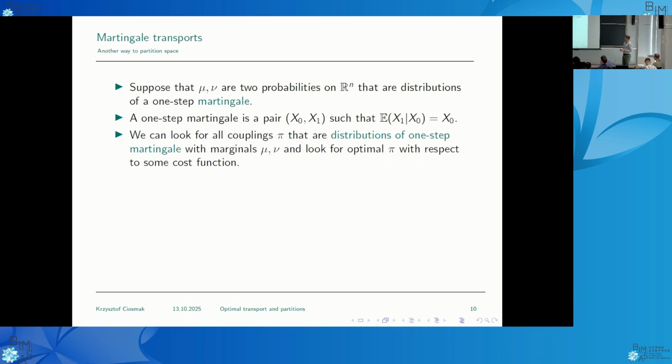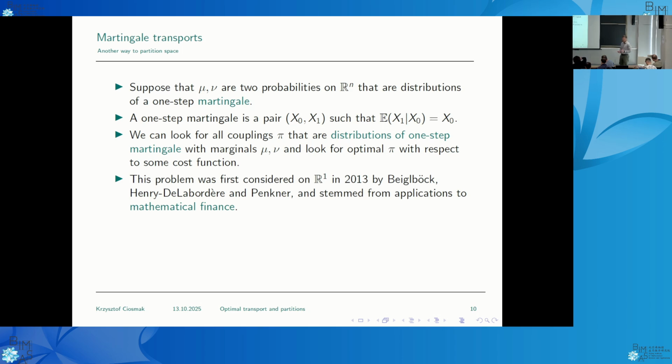And then one can look at all couplings pi, which are distributions of such one-step martingales, and we can look for pi which is minimizing some expectation of a cost function. So where does this problem stem from? It stems from mathematical finance, when it is used to find the appropriate pricing of options without any a priori assumptions on the model. It was done in 2013 in R^1, and later, I think in 2015,